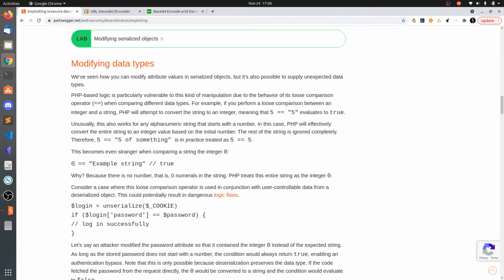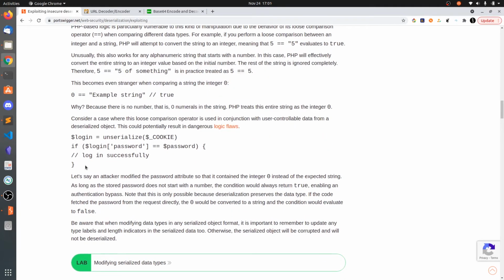So PHP checks the number in the right side string. Since there are no numbers in the string, it will be treated as 0, and 0 is equal to 0, and we get this comparison successful.